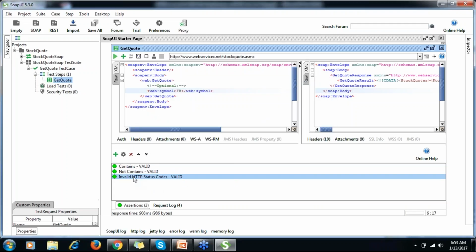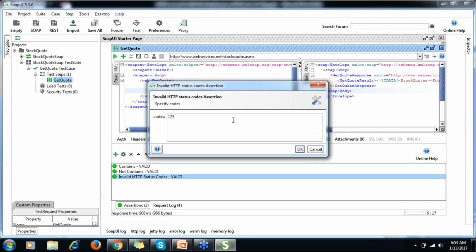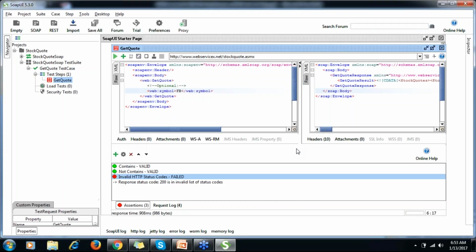It means I can validate some invalid HTTP codes. Suppose I put a valid code, because 200 is a valid HTTP code, whatever we are getting currently, then it will fail because this is not an invalid response code.